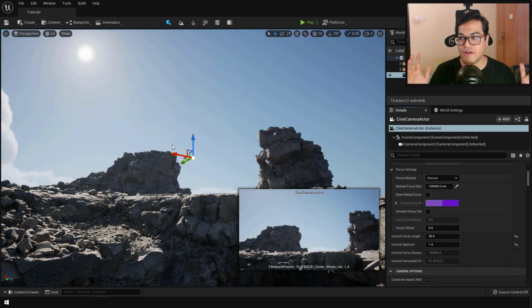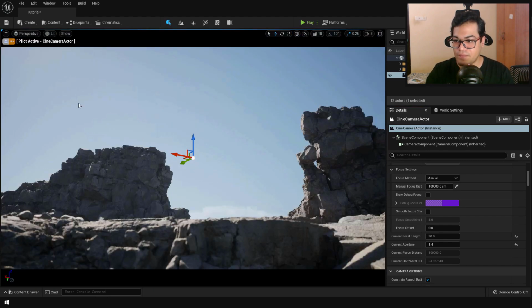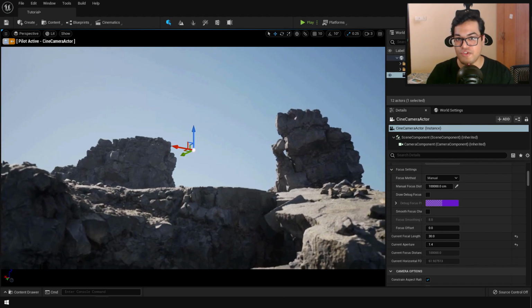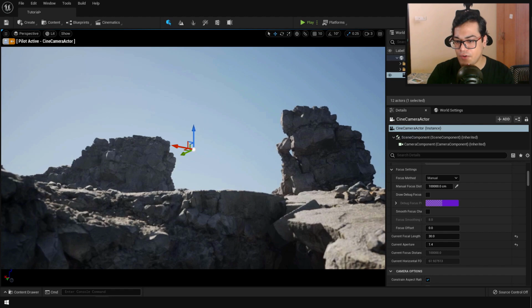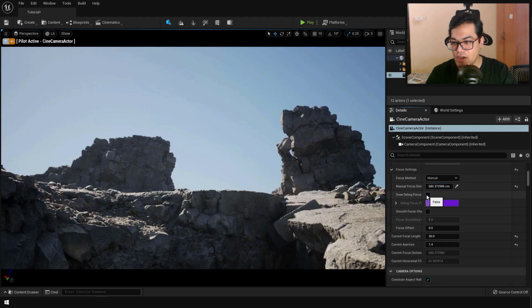Now to see what this camera is seeing, you can click on the perspective right there and select your camera. So now the camera is active. This is a very quick way of positioning and framing your shot. And as you can see, out of the box you are getting some blurring. The foreground elements are blurred right now. To change the focus, you can turn on draw debug plane, and this plane will basically signify the distance of your focus. You can just move this plane to the foreground. As you can see now, the foreground elements are in focus and the background is a bit blurred.